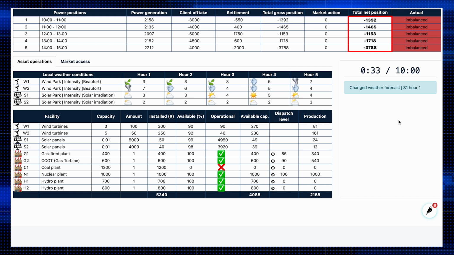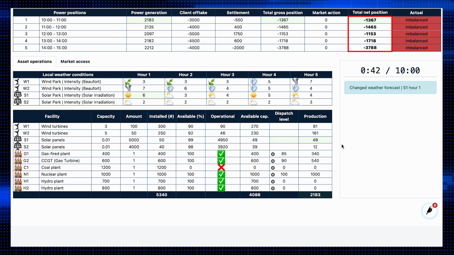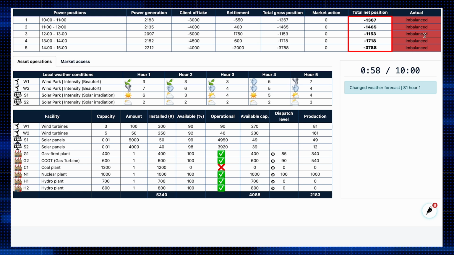And if you and your peers all stick to balancing your positions, the TSO does not have to take any action. However, in case of a leftover, they will act in the capacity of the balancing responsible of last resort. So, if there remains a surplus or a deficit, they will act in the balancing market. And if you cause that imbalance, it will be at your cost. So, altogether, your task is to balance your portfolio, thereby avoiding imbalance charges. As these can be very substantial, you have an important task. Handle it with care.